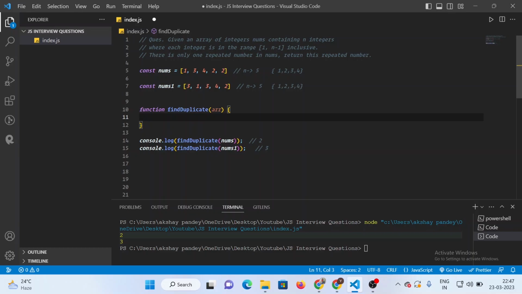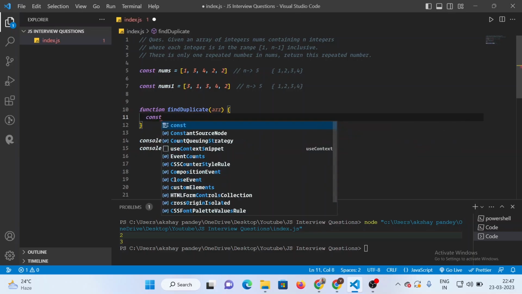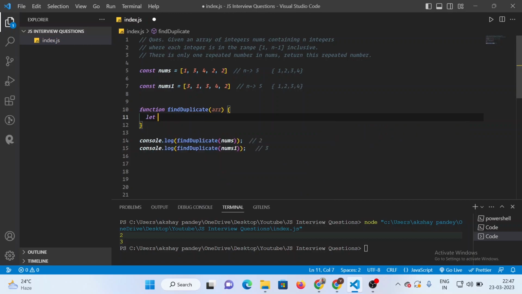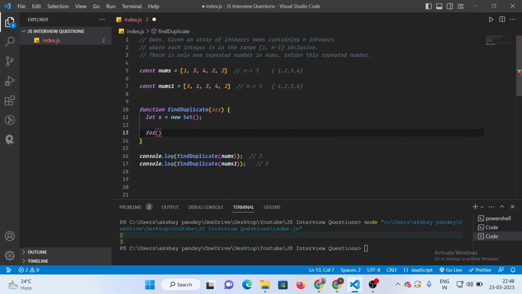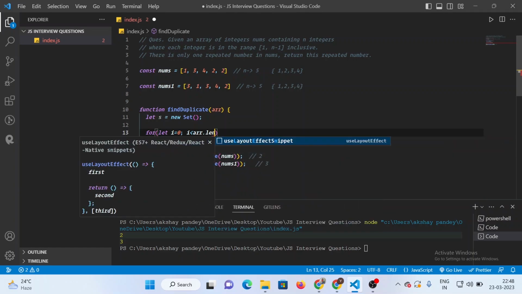So let's do this solution as well. Let's create a set first. How can we create a set? It is let s is equal to new Set, right? Then just loop through the array, while i is less than array.length,